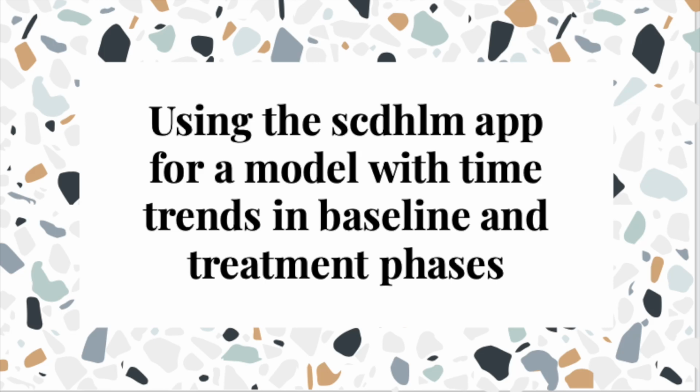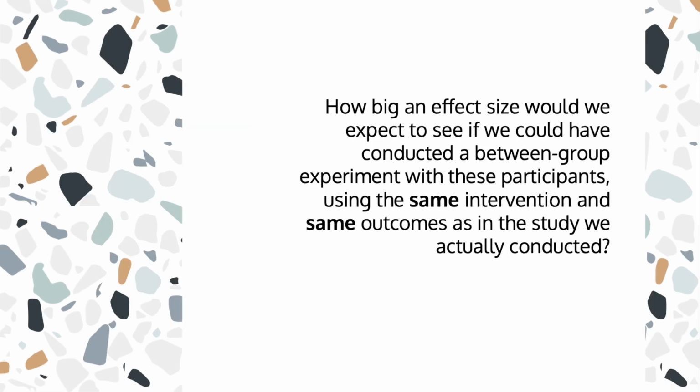This video walks through how to use the single case design hierarchical linear modeling (SCDHLM) web app for calculating design comparable effect size estimates for data from single case designs that involve time trends in the baseline and/or treatment phases. The point of the design comparable effect size for SCDs is to provide an effect size index that is on